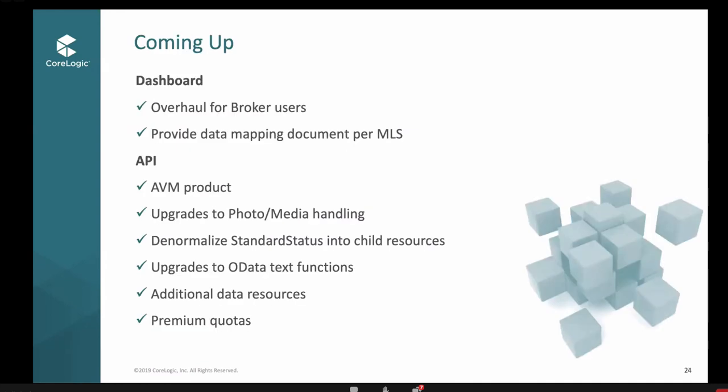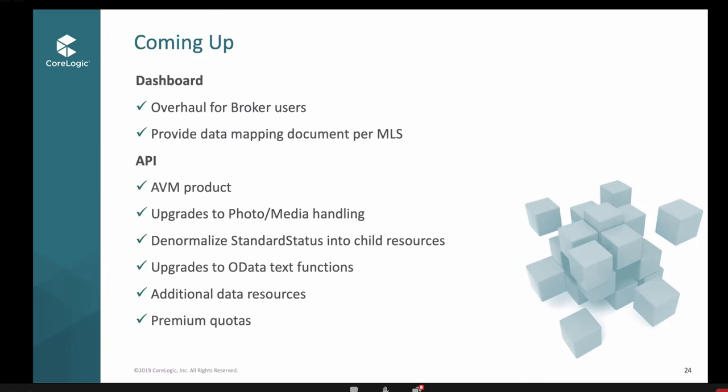Coming up in Trestle, so this is featured stuff that's coming. We are about to launch into, it's going to be sort of the focus of Q4, an overhaul of our offering for broker users. And I'll say a little more detail about that in a minute, but our broker accounts in Trestle currently can only connect to one MLS. There are markets where that's fine, but there are also markets where MLSs overlap. If you can't be a broker and not be in multiple MLSs, in our service it was a significant deficiency. So that's one big upgrade. We're also making a pricing change that I'll talk about in a sec.